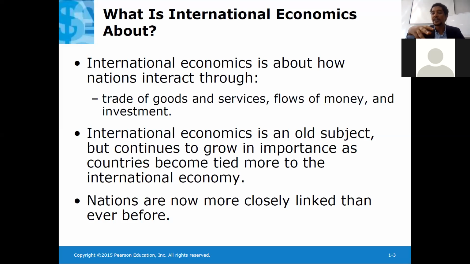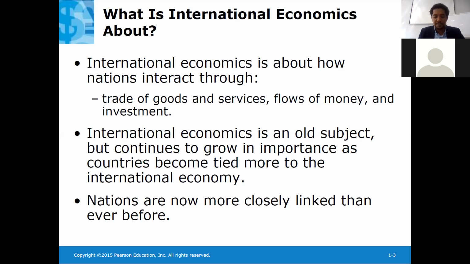Okay, so the money that should have been reimbursed from the profit of the investment in China, if it's not good, or if the profit is getting very low, then that affects the Korean economy, because the amount of money that is going back to Korea is decreasing, right? So then international economics is about nations who interact with trade and services, flow of money, and investment. Okay? So international economics is an old subject, as I've said, so it has been there a long time ago,